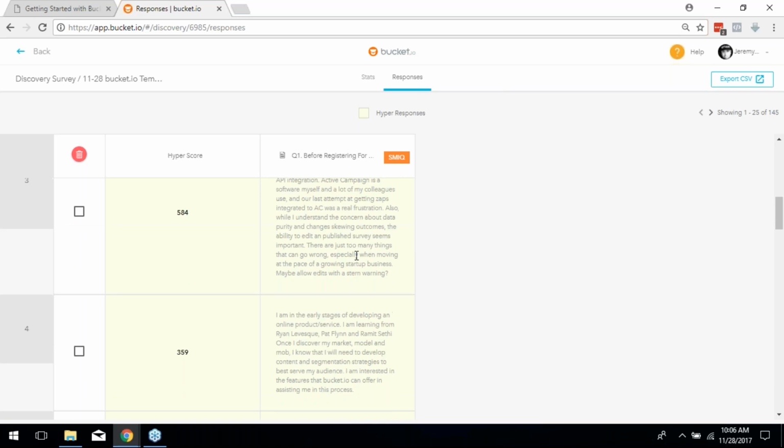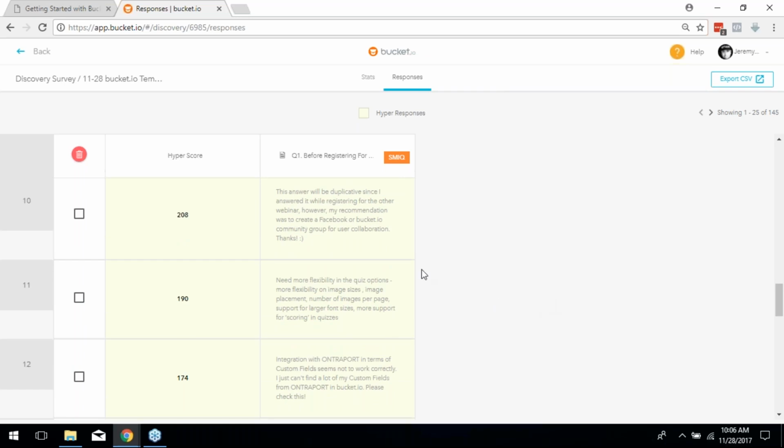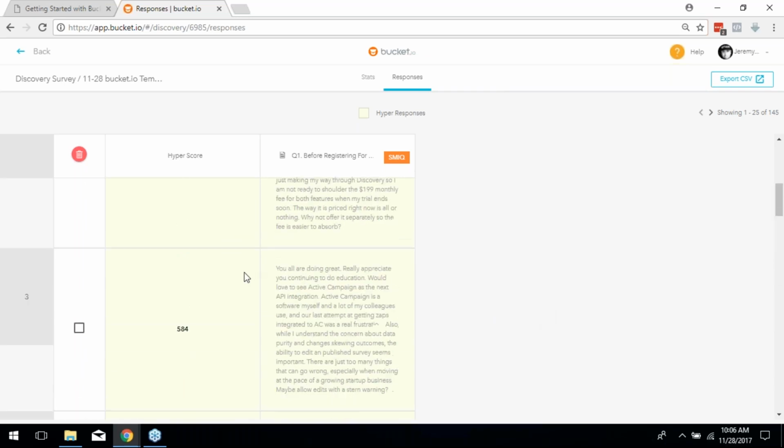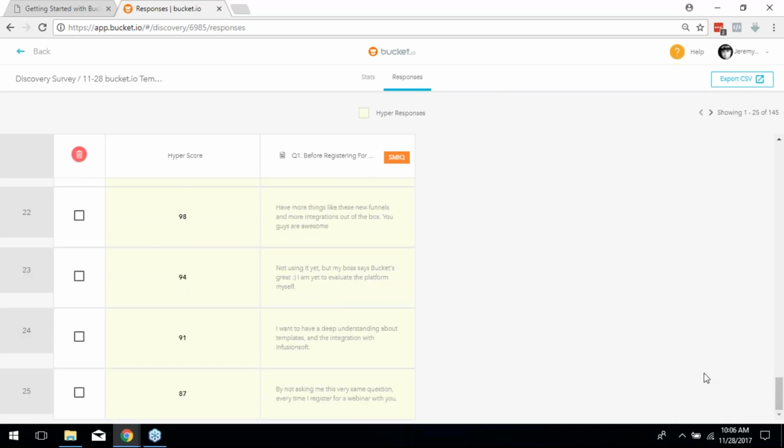Like, you've got these people that are just filling out big-time responses. This is the stuff you love to see, right? You love your customers giving you this stuff. And so what Bucket does is it tells you their score, calls them a hyper. As you start getting lower on the list here, you start noticing